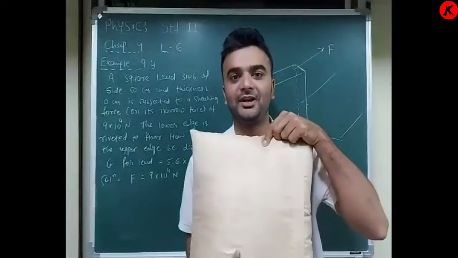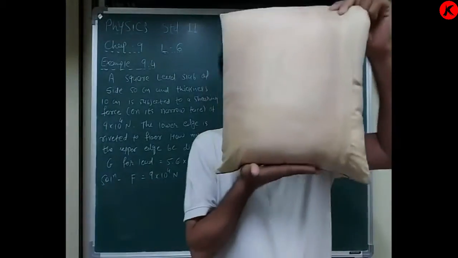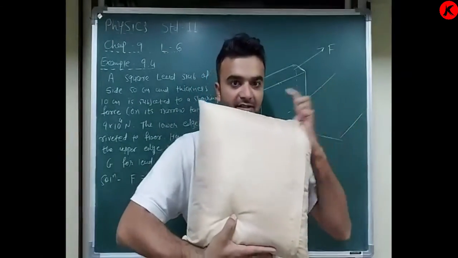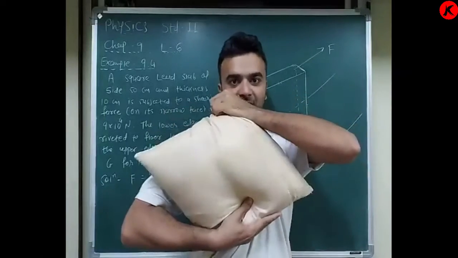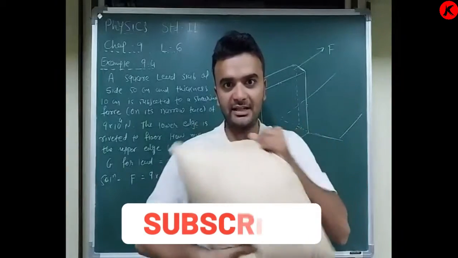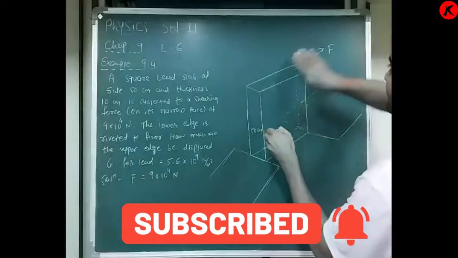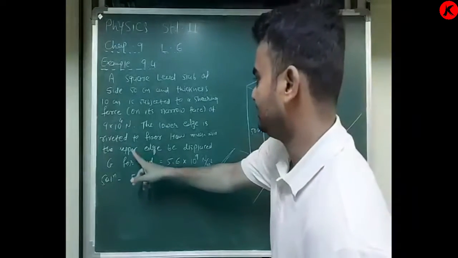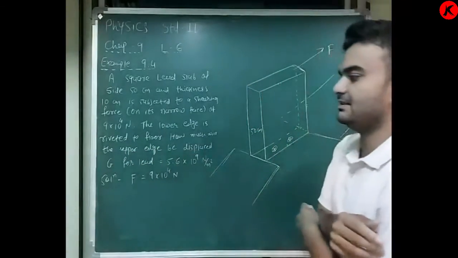Let's say this is a square slab and it is riveted from the lower side. And I am forcing from this side to this side like this way. So it will bend somewhat. Understand? The shape will change a little, like this, right? So if I force like this way, then how much will the upper edge be displaced?